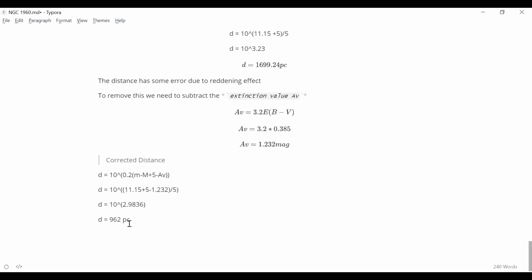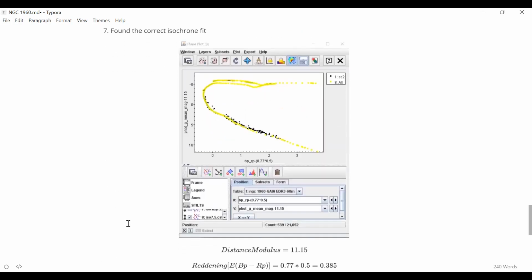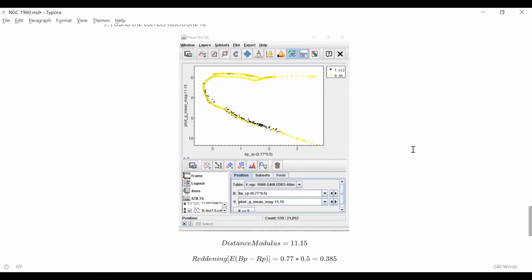So your AG is not coming out right. What age have you put? What is the isochrone you've used?